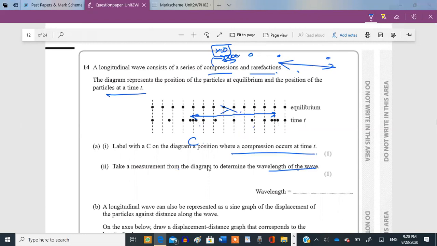And now they're asking us to take a measurement from the diagram to determine the wavelength of the wave. Okay, this is not the wavelength of the wave. This is actually the time period of the wave. So if this is a time period of the wave, time is